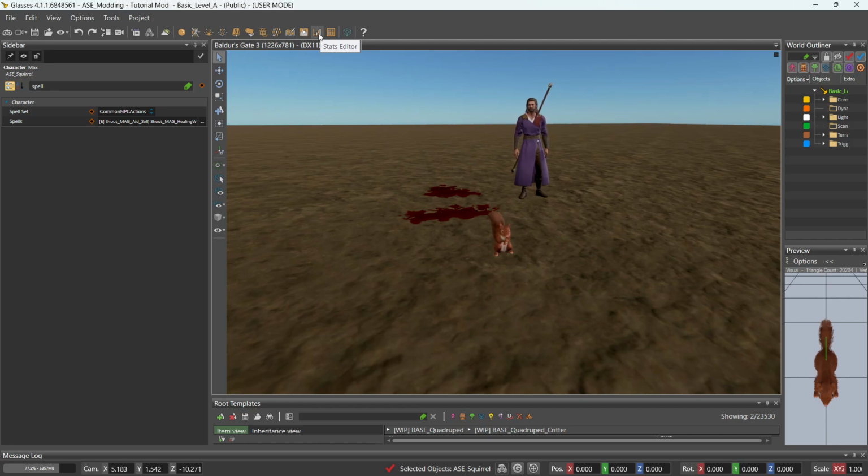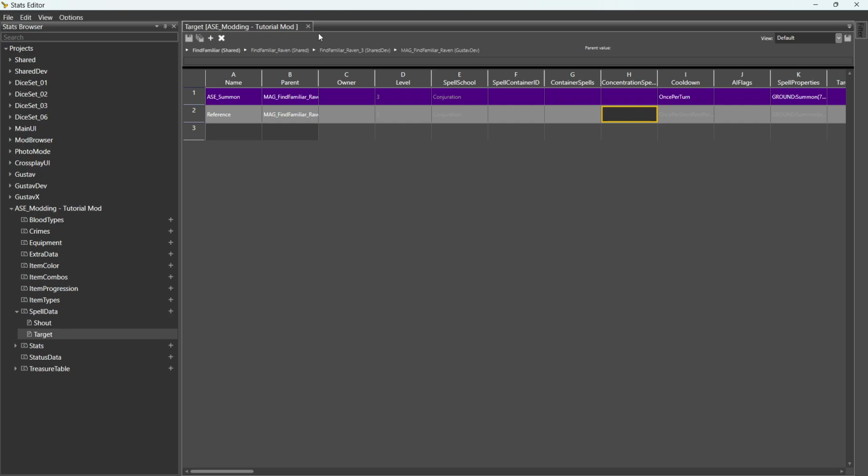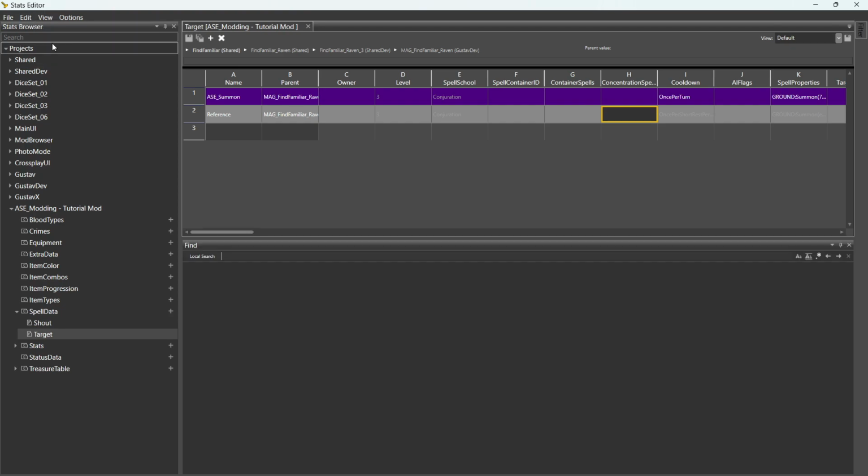We're gonna go to the stats editor again. And then here in the menu panel in the upper left, we're gonna press view and then select find. Also in options, we're gonna turn off horizontal scroll sync because it can get really annoying. When you press find, this find bar will pop up and you can have the search bar and search for something. So if we search for squirrel,